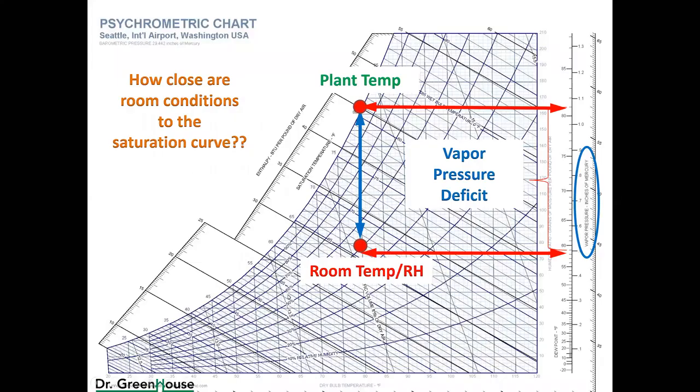If we looked at a psychrometric chart, we could say, okay, we're in a greenhouse at 80 degrees and 60% relative humidity, and this is where we would be on the chart. This would be your relative humidity. And over here, we could go all the way over here on the right side of the chart. So I'm throwing a psychrometric chart at all of you. Maybe some of you are familiar. And we read what the vapor pressure is. Now, if we go up this chart all the way to the top at the same exact temperature, this is our temperature, and we go all the way to the top, this is the saturation curve. The difference between the vapor pressure here and the vapor pressure here is the vapor pressure deficit.